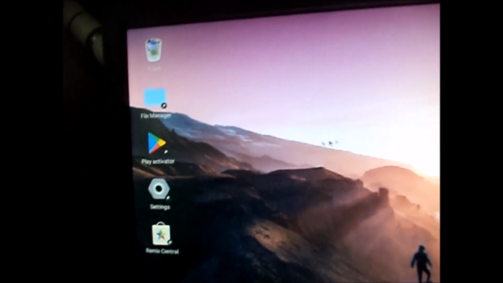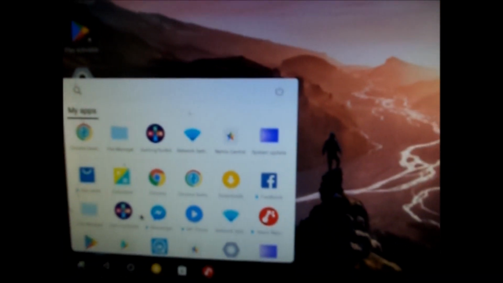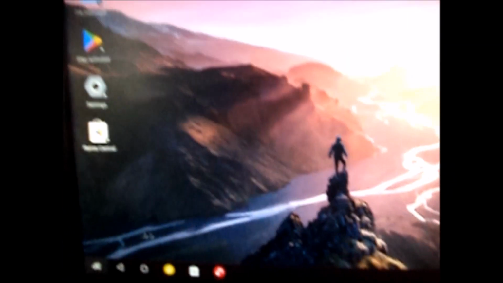Yes, see, you can see everything is there. Okay guys, now as we have successfully installed Remix OS on our PC, I'll be showing you the proof that it runs on Android 6.0. Guys, see, this is the start menu here. You need to click here and you can scroll. I am scrolling down, going to About tablet. Then here I'll show you the Android version 6.0.1.